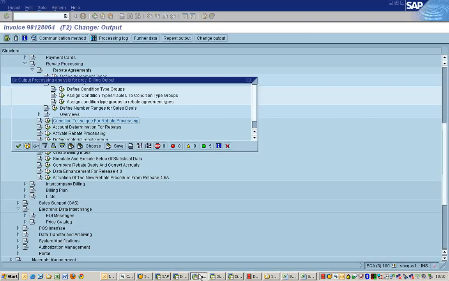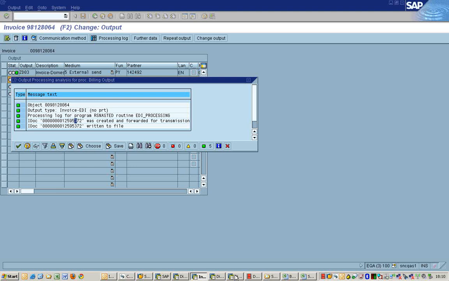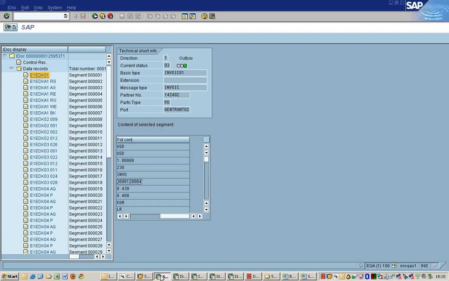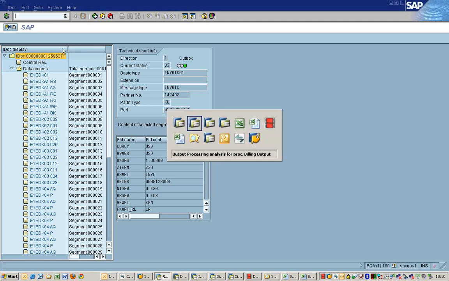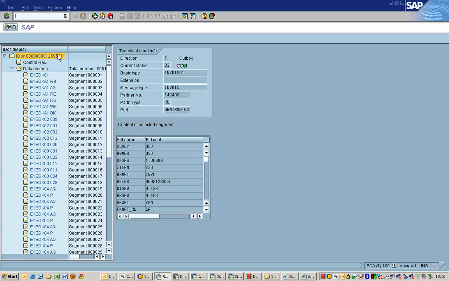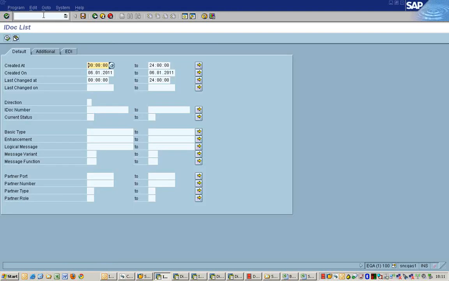Now you can see this is one of the IDOC types we have used. So this is an IDOC. We can search this IDOC in transaction WE02.